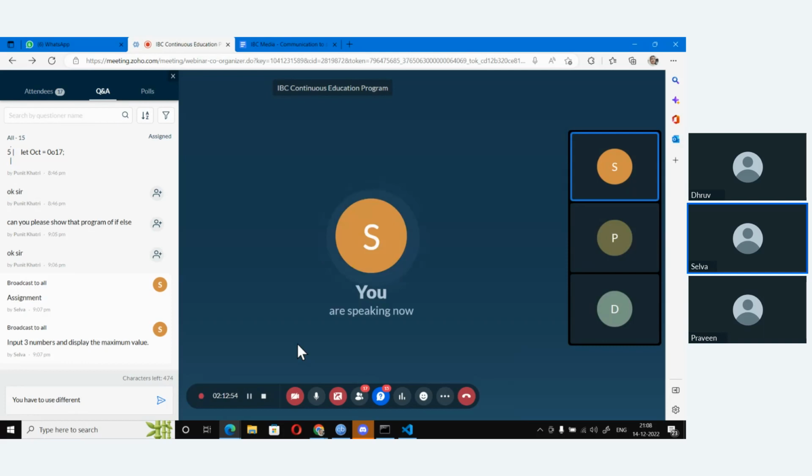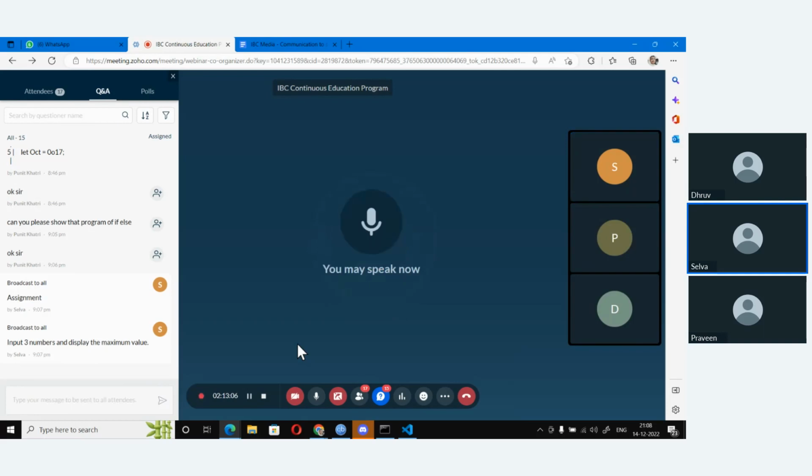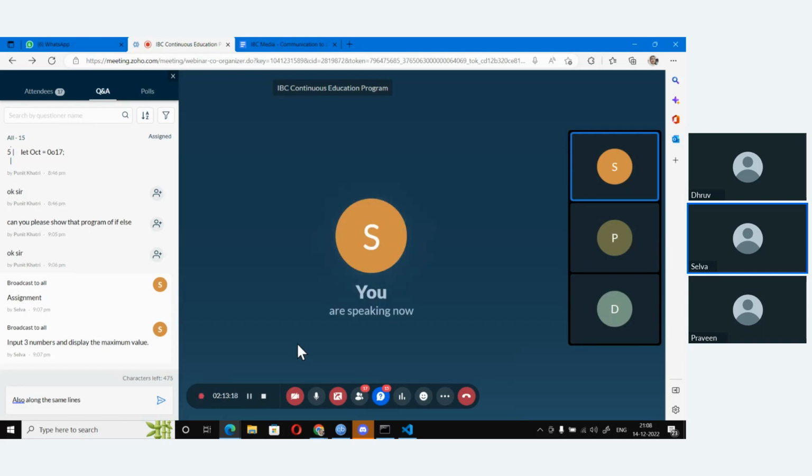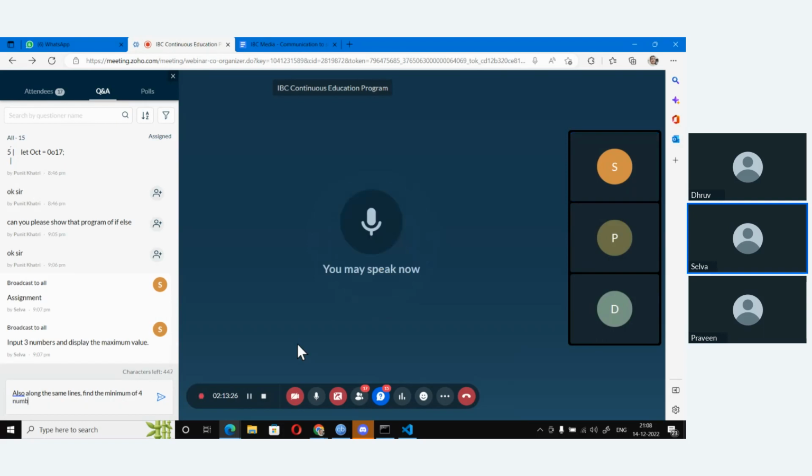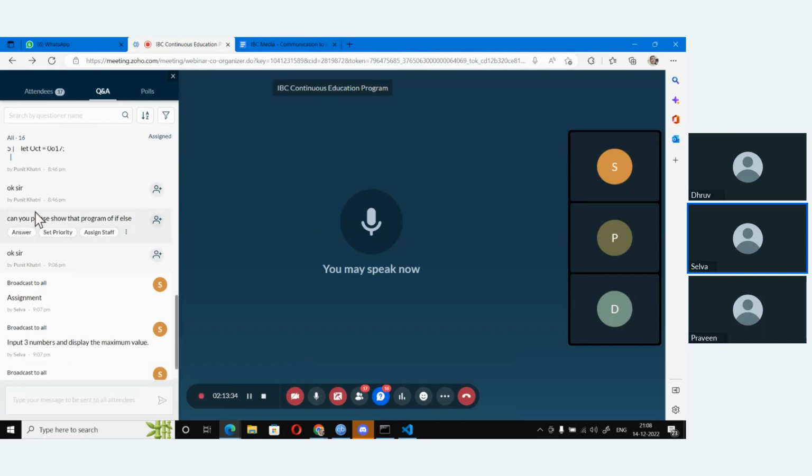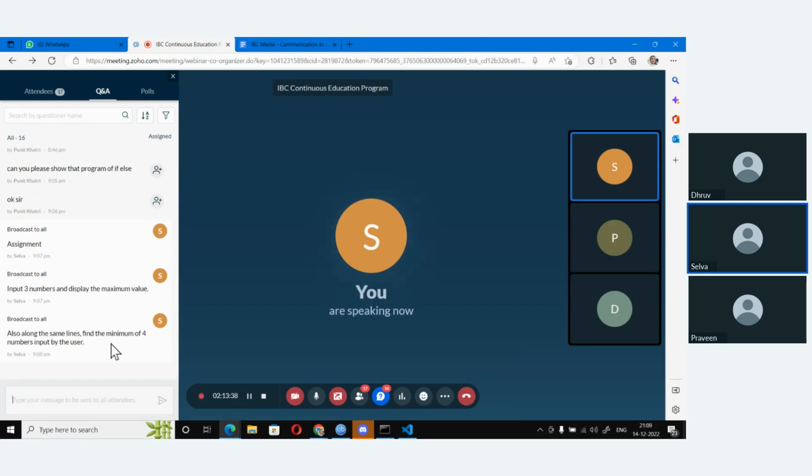And you have to use different, also along the same lines, maximum of 4 numbers input by the user.